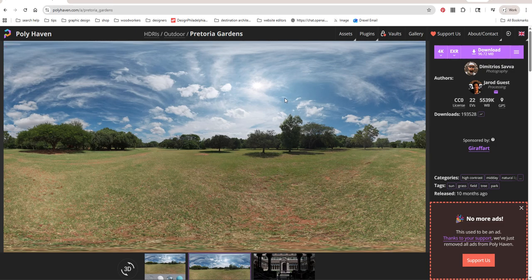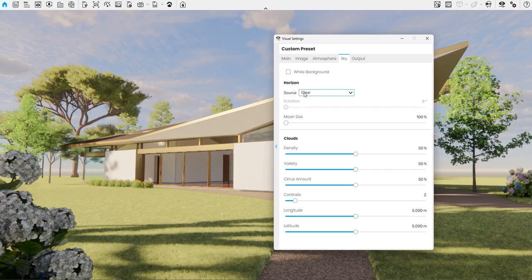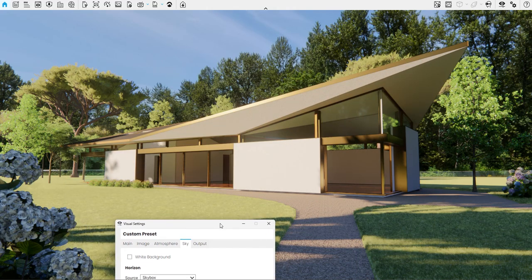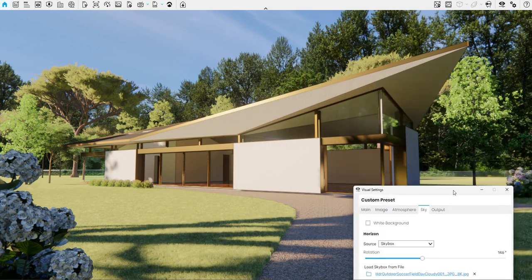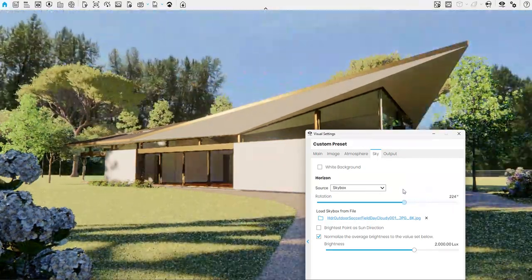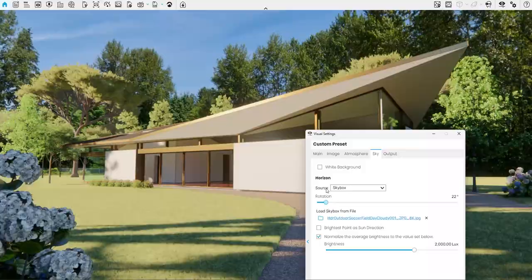dramatic sky. I already have one loaded, so I'm in Enscape, I'm going to go to Skybox, and then basically here I just did the JPEG, but you can also do the EXR file or the HDR file. I'm just doing a JPEG, and immediately the image comes in. What's cool about this is that you can control the rotation to see, well, what exactly do you want to see in this image? And then I'm happy with